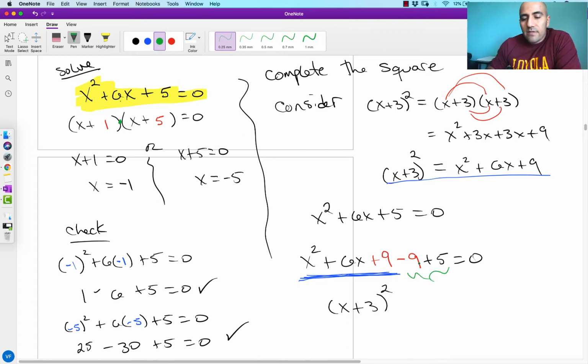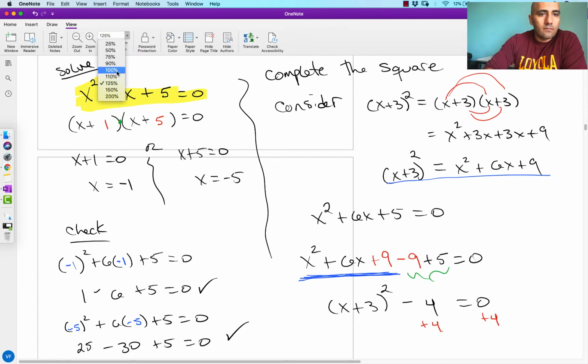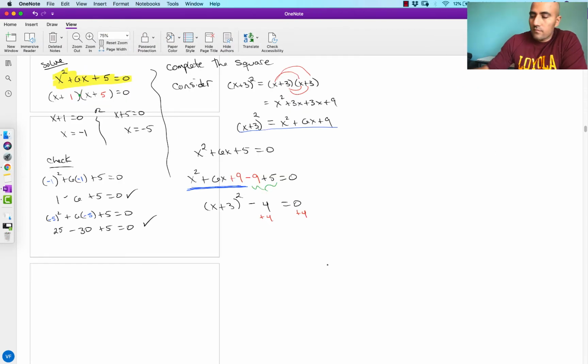I have a minus 9 and a plus 5. Together they combine to give me a minus 4. Minus 4 equals 0. And now all I have to do is move that minus 4 to the other side. So let's do a plus 4 plus 4. And so I'll end up with x plus 3 squared